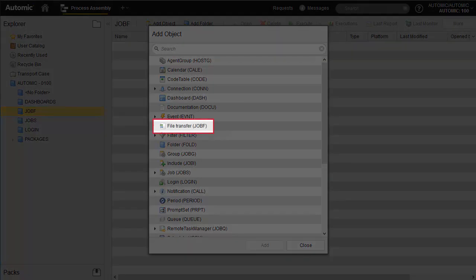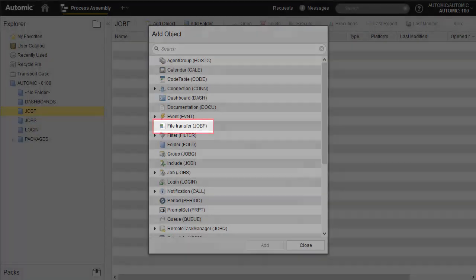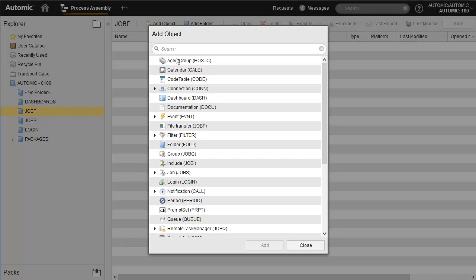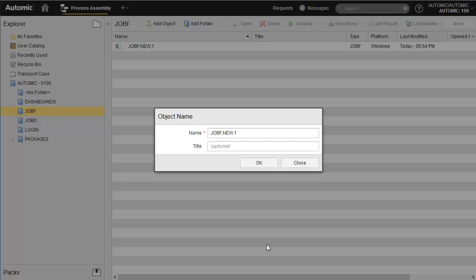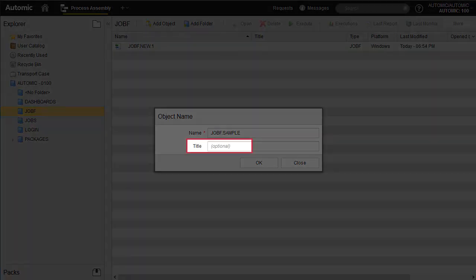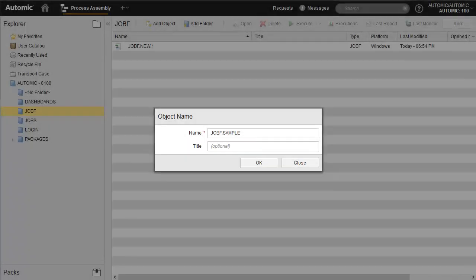In the list of objects, we find job F, or the file transfer. We recommend using the title field, which makes viewing and searching objects much easier.